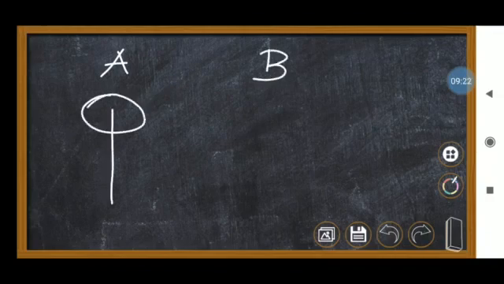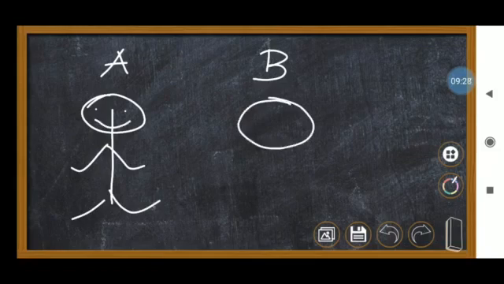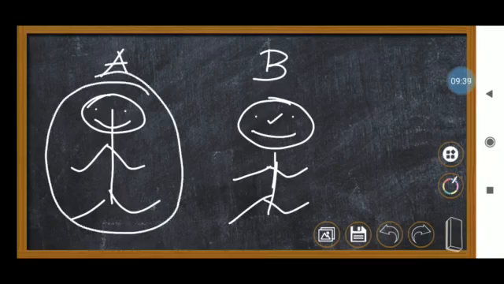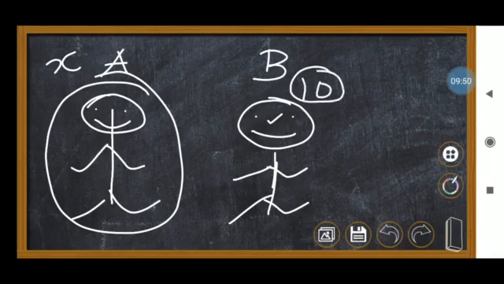And one more thing, for example, if there are persons A and B, one person here is A, and one more person, I name it as B. First, the person A has some amount of money, he doesn't know how much, so I kept x. But he gave 10 rupees to person B. So person B got 10 rupees from A.